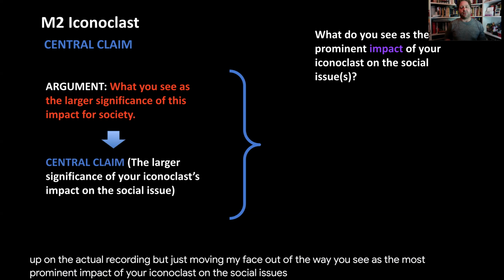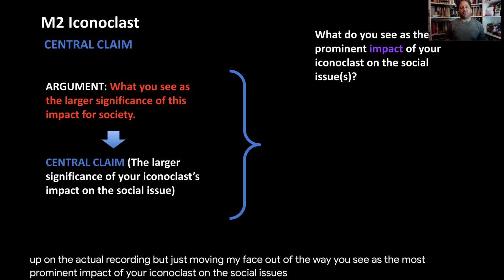But I wanted to break it down piece by piece so you can get a sense of impact, consequence, significance, and how it can be developed in the context of this particular paper on an iconoclast. So Gandhi, today known as the father of India, unforgettably unified a divided and fractured nation, rendered second class by British rule, right? So there's the impact. Gandhi, of course, is an iconoclast figure from the past.